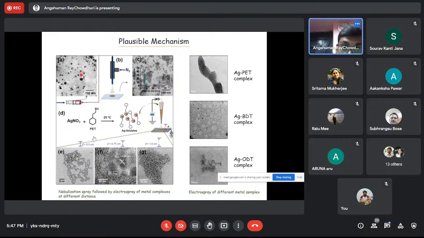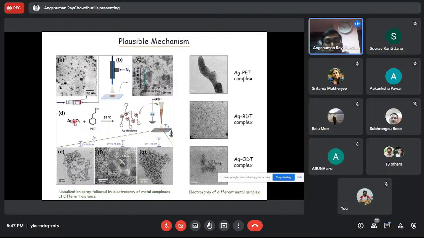The particles are breaking inside the droplet, because inside the droplets there are Coulombic repulsion forces, Laplace pressure, and so many factors affecting inside the charged microdroplets. Still that is unclear. So this is producing such type of assembly. And when we went to find the possible mechanism, we hypothesize that the silver,